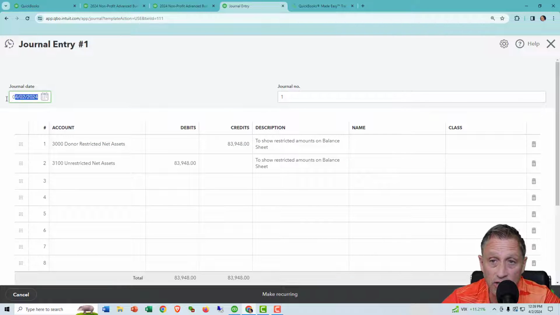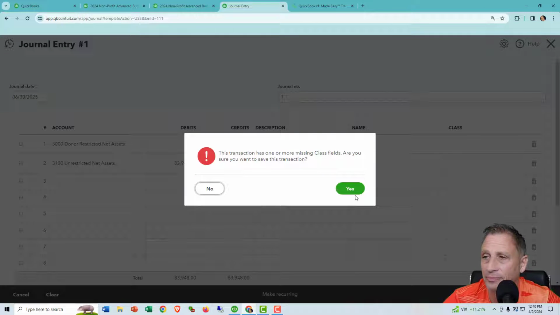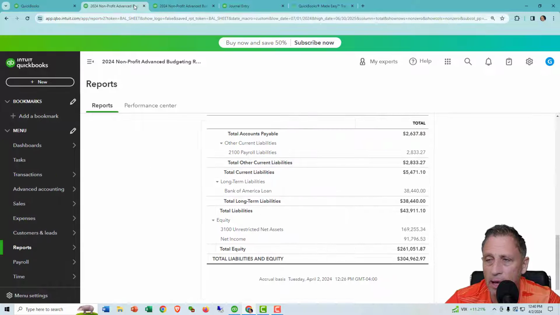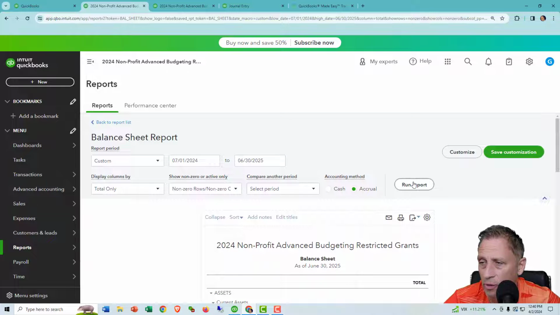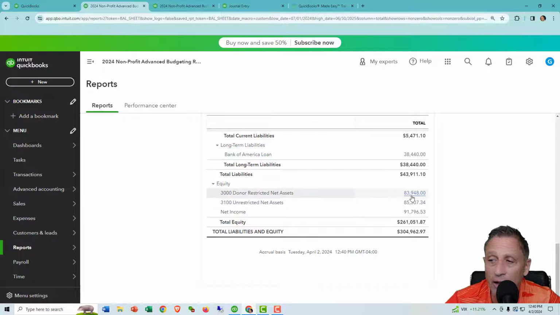So I'm going to do this entry at the end of the month, right before I give the books to the board. And now I'm going to save it. All right. So when I look at my balance sheet, let's go back to my balance sheet. I have to refresh it. Let's just pick Run Report again. Now it tells me donor restricted net assets is $83,948, and the rest of what makes up this 231 or